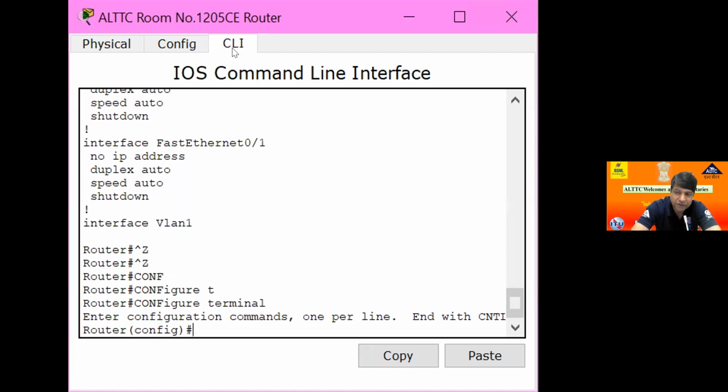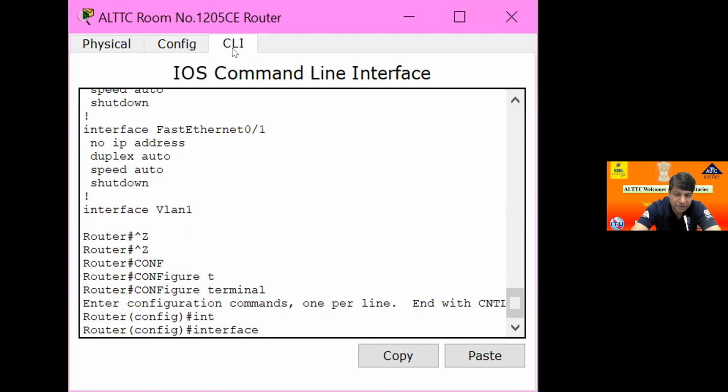So this time the first configuration is the allotment of IP in this port, FastEthernet 0/1, FastEthernet 0/0. Now how do I reach this particular port? Just type int. If you use the tab button, you can see the whole command. Otherwise, FA, FastEthernet, ID of the port, FA 0/1. You can go to either one, no problem. It is your choice. Now press enter.